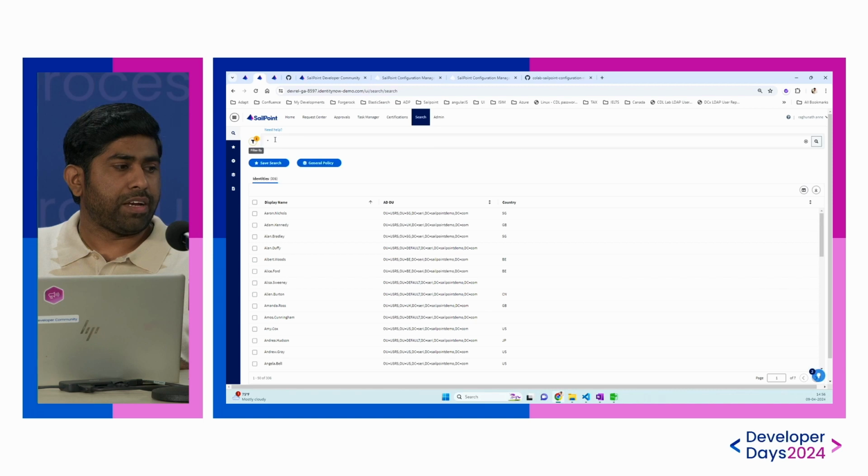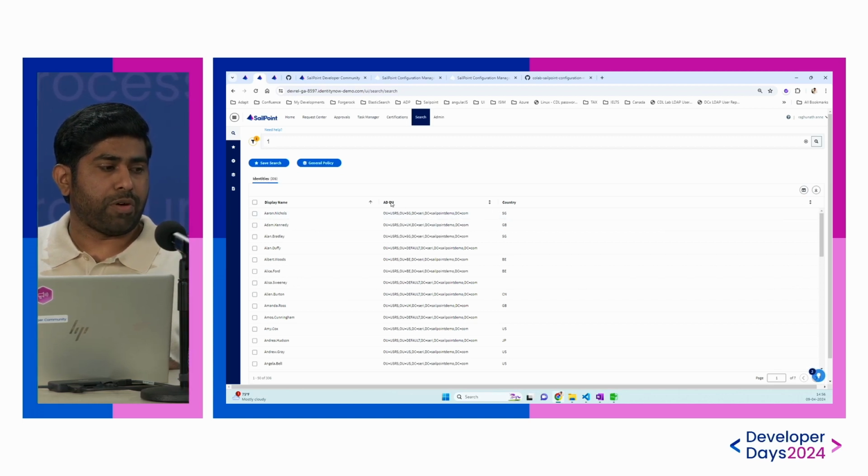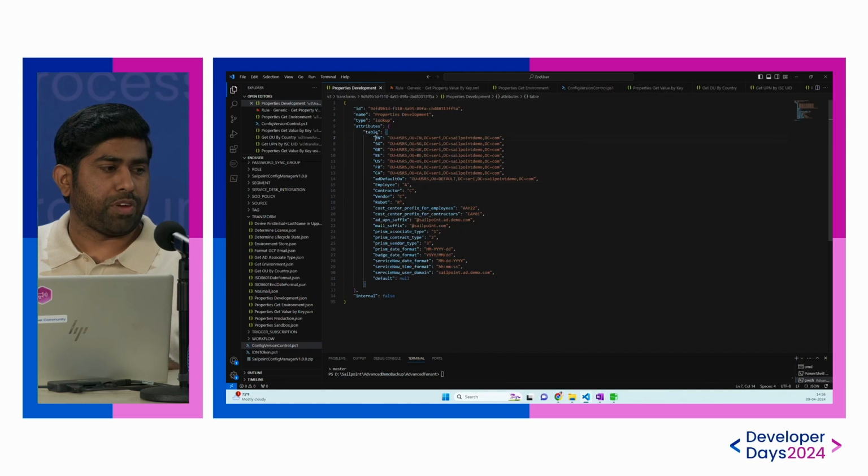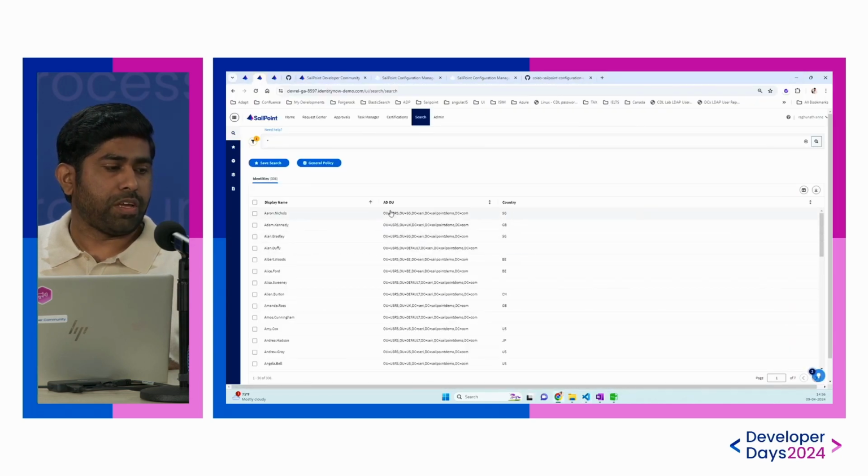I'm getting all the identities from my demo tenant. In the demo tenant, if the country is SG and this transformation has already pulled, and then we have the AD value as this one. So this is coming from our centralized configuration property from property development. If it is SG, it's Singapore. If the country is Singapore, then this is pulling up the appropriate value information into the AD value attribute